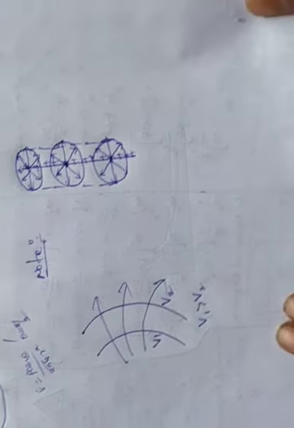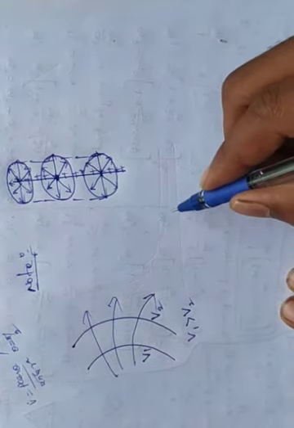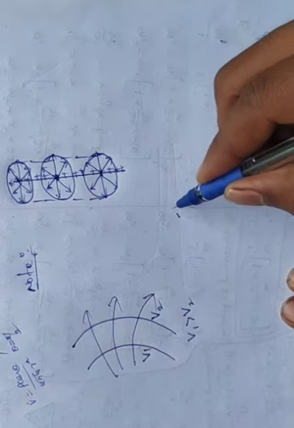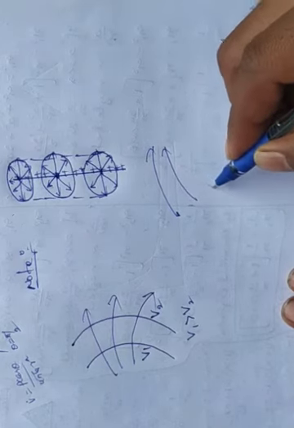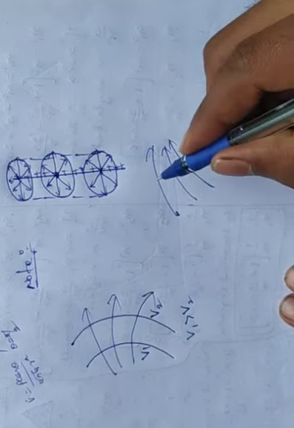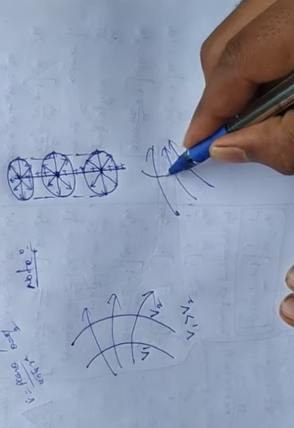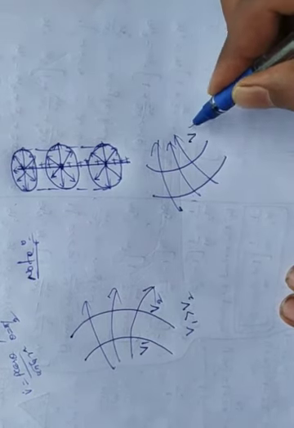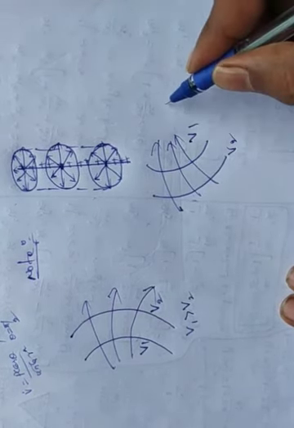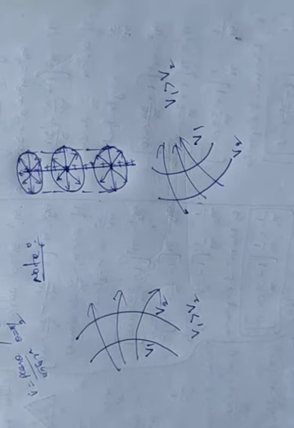And if the electric field lines are converging like this, so the electric field lines are like this. In that case what happens? Here the equipotential surfaces are like this. In that case it is V1 and it is V2. So here V1 is greater than V2. The potential V1 is greater than V2. So like this we get the equipotential surfaces for different shapes of electric field lines.